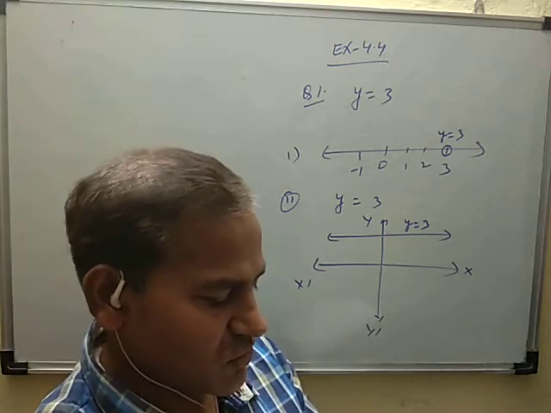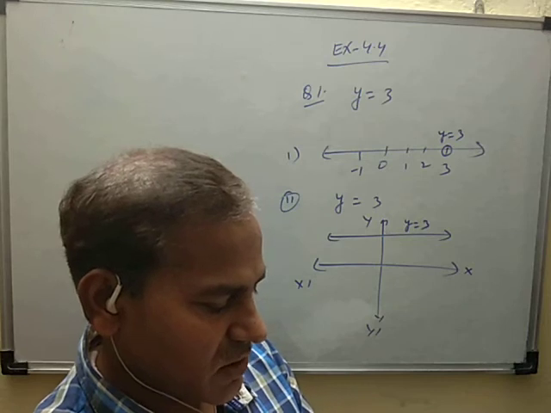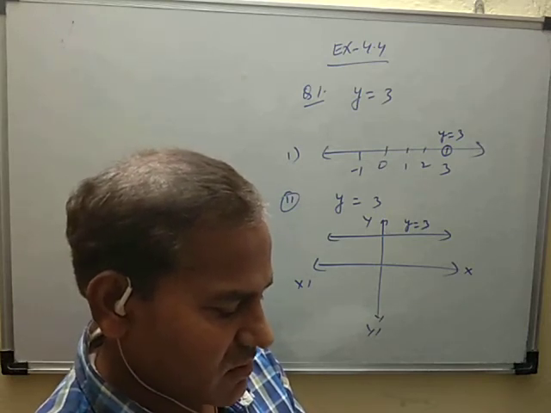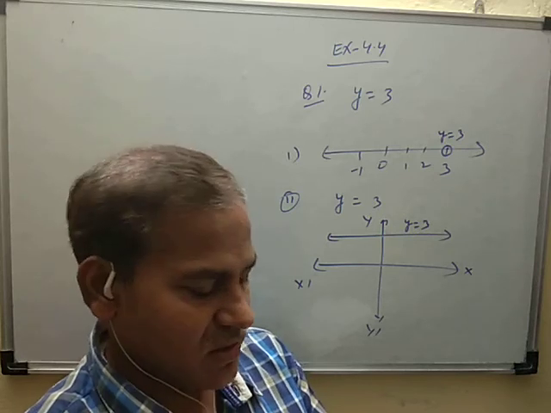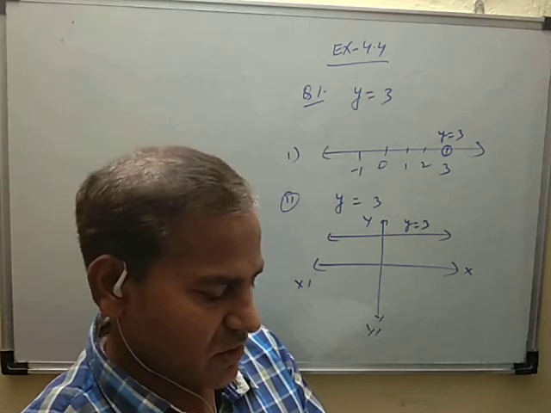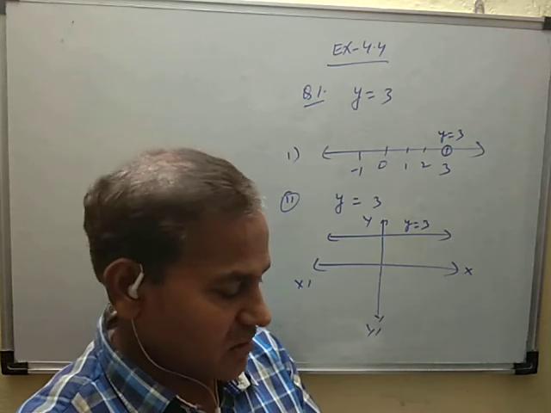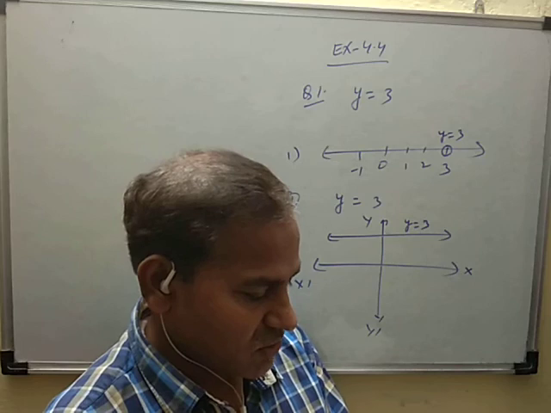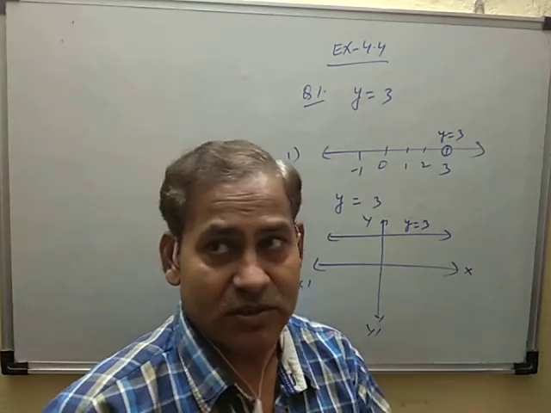Same question number 2, give the geometric representation of 2x plus 9 is equal to 0 in 1 variable and in 2 variable. Same as, तो आप 4.4 ही लगा लोगे, क्वेश्चन नंबर 2 कंप्लीट कर लोगे. So this exercise, this chapter completed, linear equation in 2 variable completed. Okay.